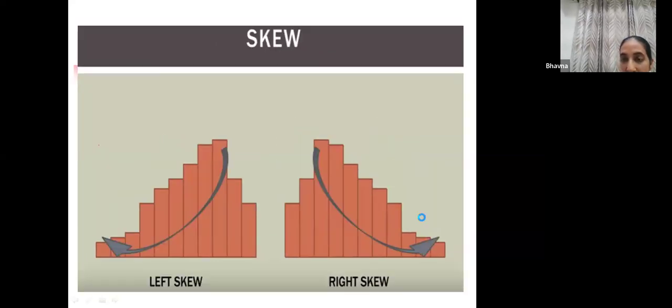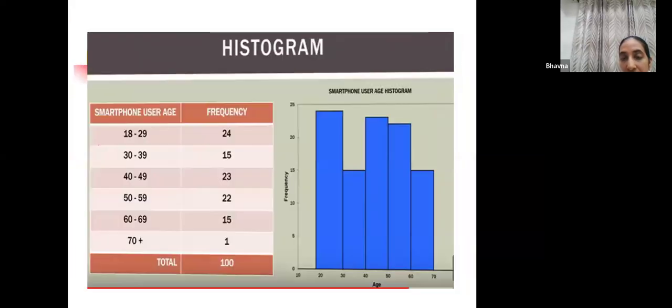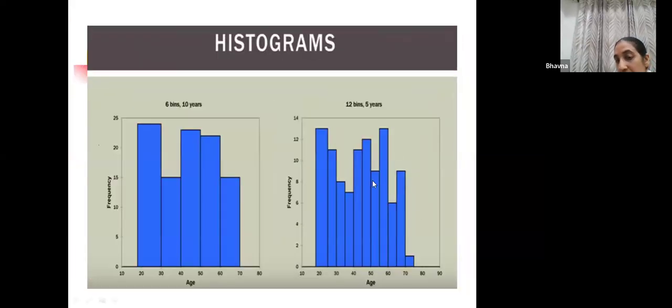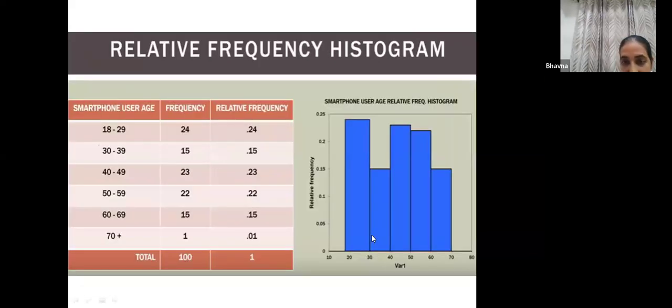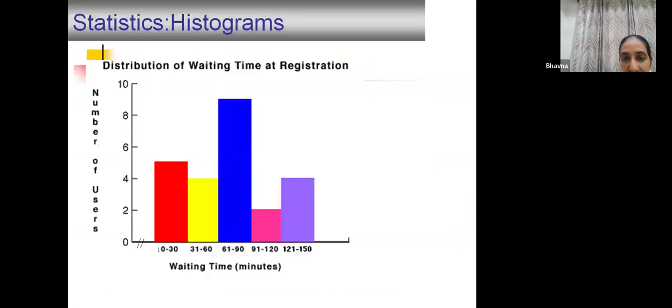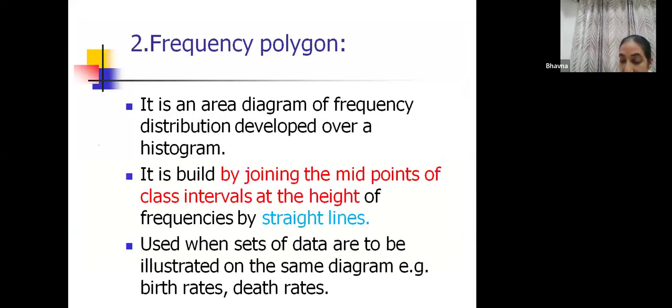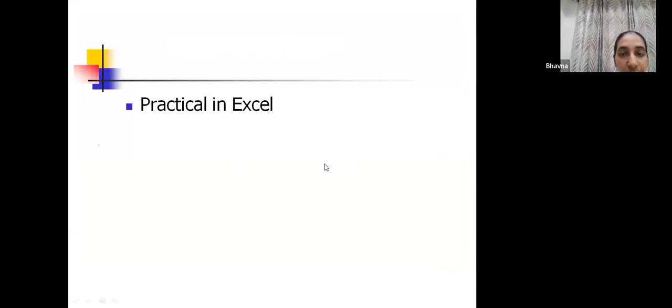For example, I'll go back to this slide. You see, there was no typical pattern here. There were far too many bins to appreciate the pattern. So don't draw too many bins. Restrict yourself to 5 to 6 bins so that you can appreciate some pattern in your graphs or your data. I'll just open an Excel sheet to tell you about this. We'll talk about the frequency polygon later.